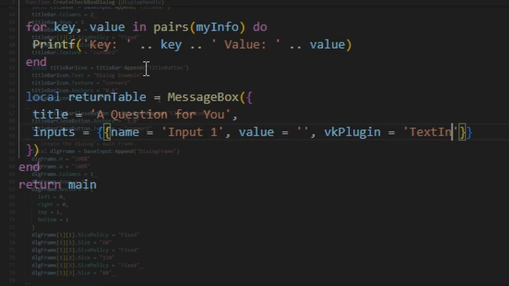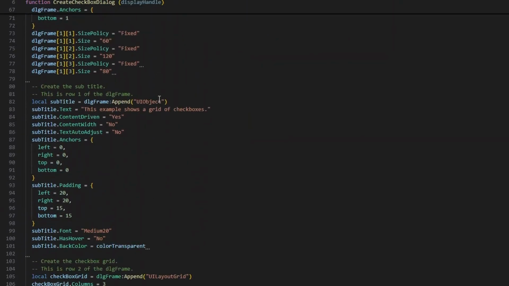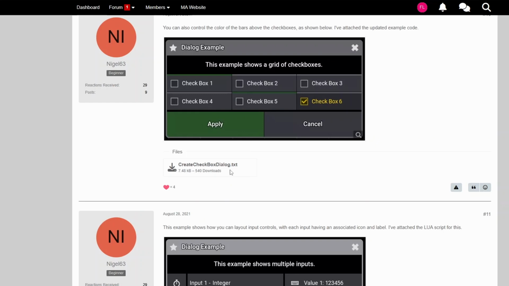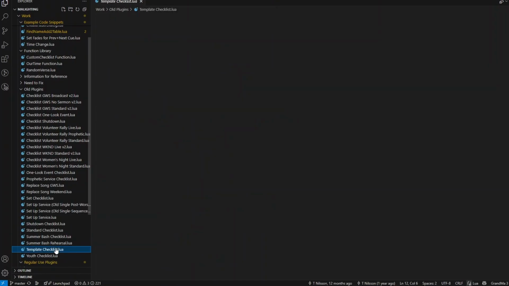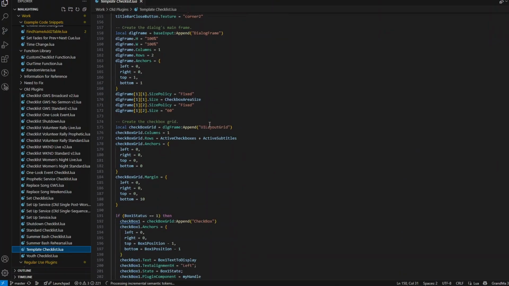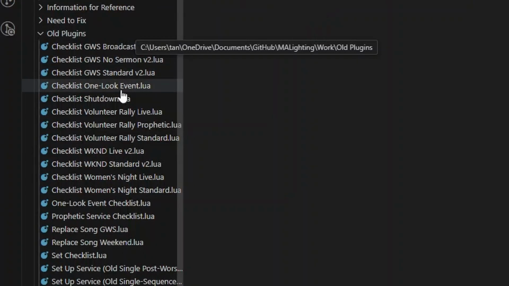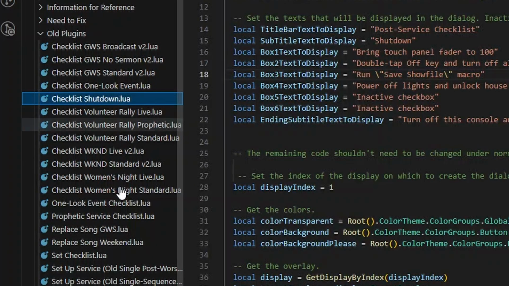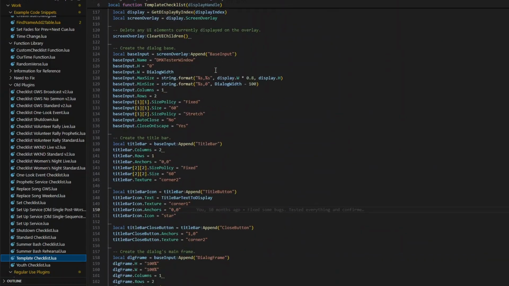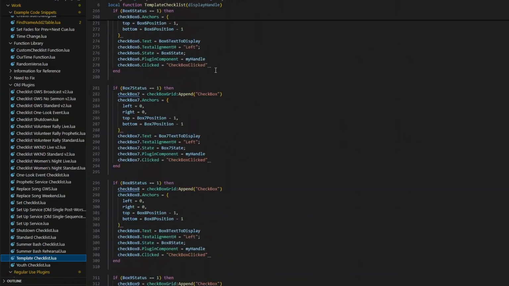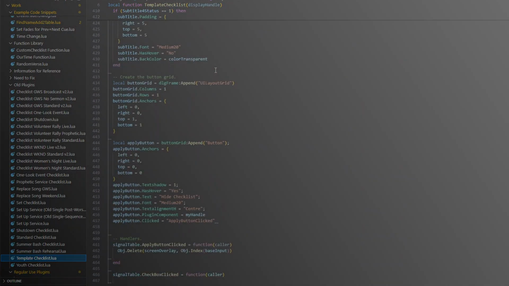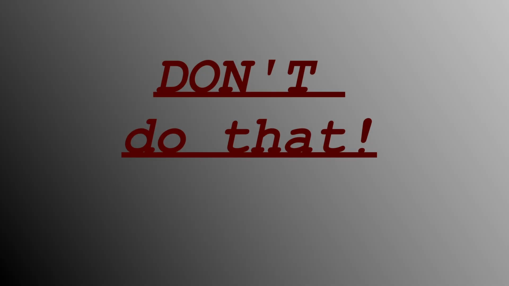It definitely helped me be able to use them better and have an idea what's happening behind the scenes. Now I'll be honest, I did this the wrong way the first time. I copied a really long function somebody else built, added even more to it to make it easily editable, and used a copy of it for every single checkbox dialog I needed to make. It was well over 600 lines of code in each and every plugin that needed a checklist. Bad idea. Don't do that. I'm telling you right now, I found a much better way.